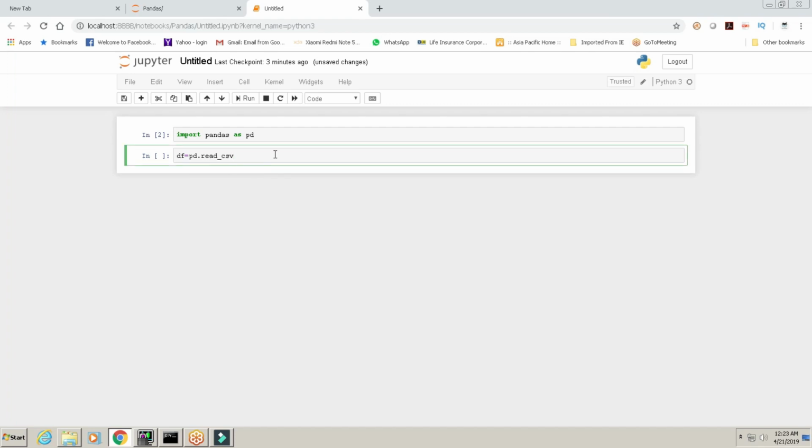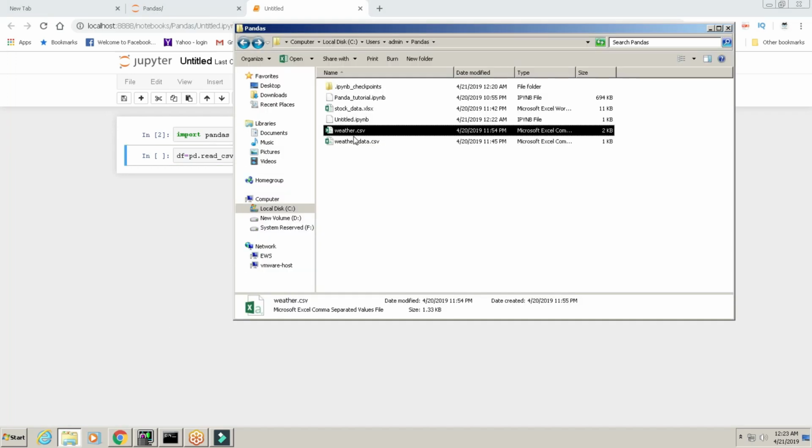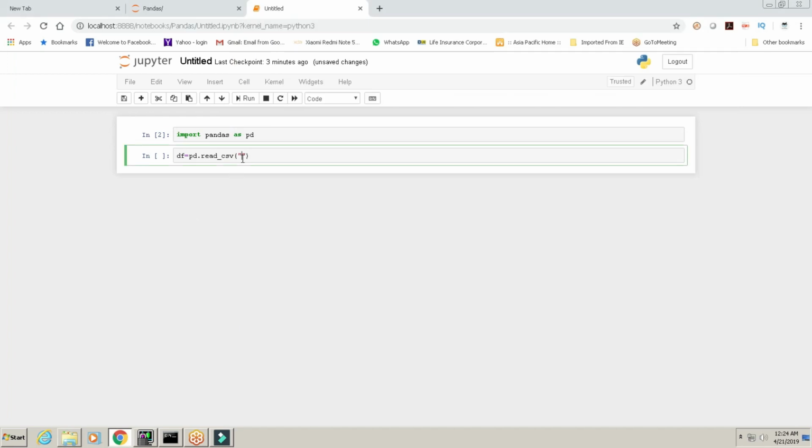If I have pasted this weather.csv in the same folder where the program is, I do not need to give the full path name. If your program is in a different path, you need to give the full path name like this. And if you are on Windows, just use / here